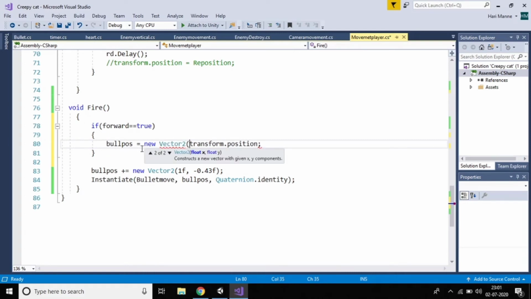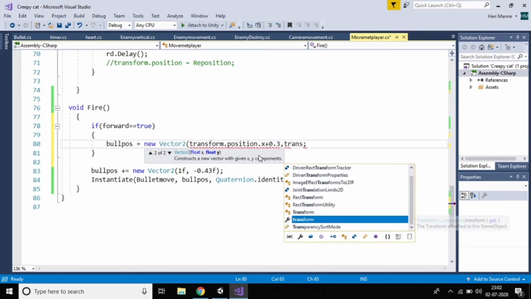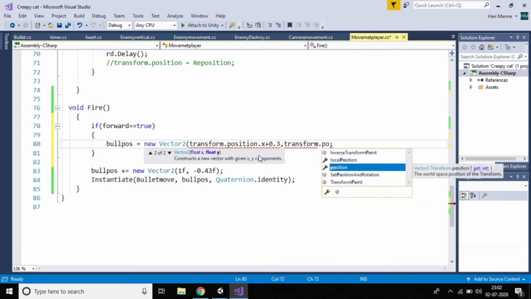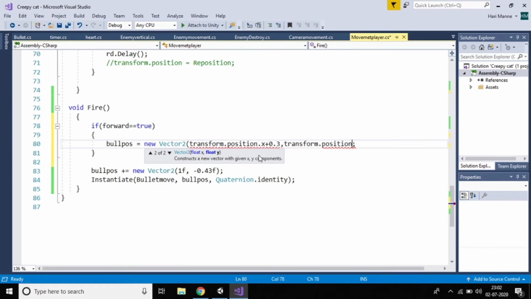I'm changing this one: transform.position.x with respect to time, so just dot x, comma, plus 0.3 like a speed, I'm giving the speed. Then comma transform.position.y, and you can give 0.2, whatever you want.